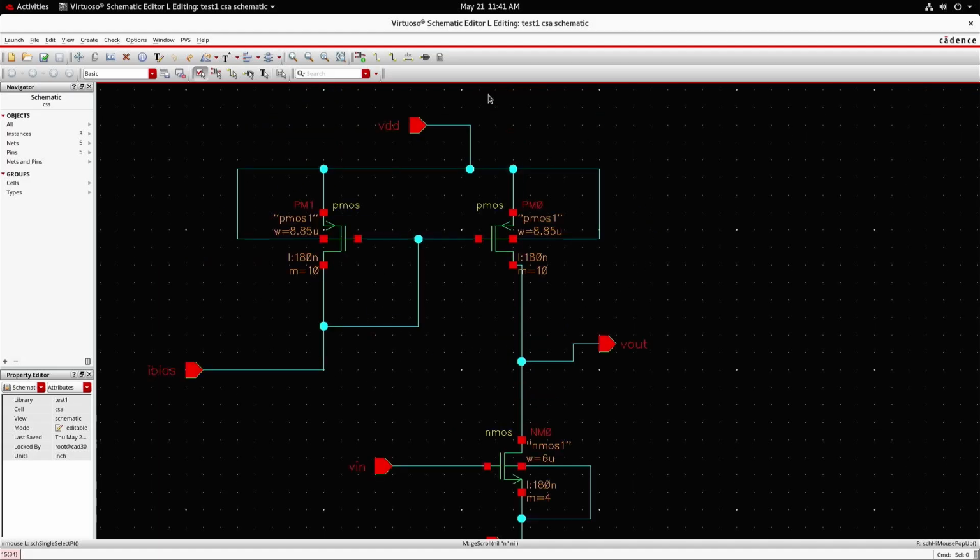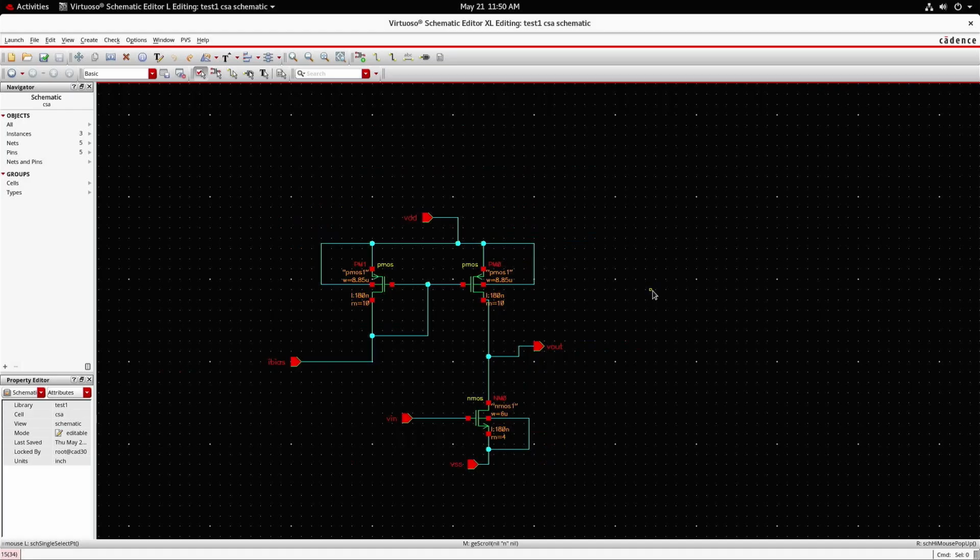And this part behaves as a current mirror, which is going to give the required biasing, and this is the actual transistor responsible for the amplification. To draw the layout of common source amplifier, first we need to fix the body connection of PMOS and NMOS.